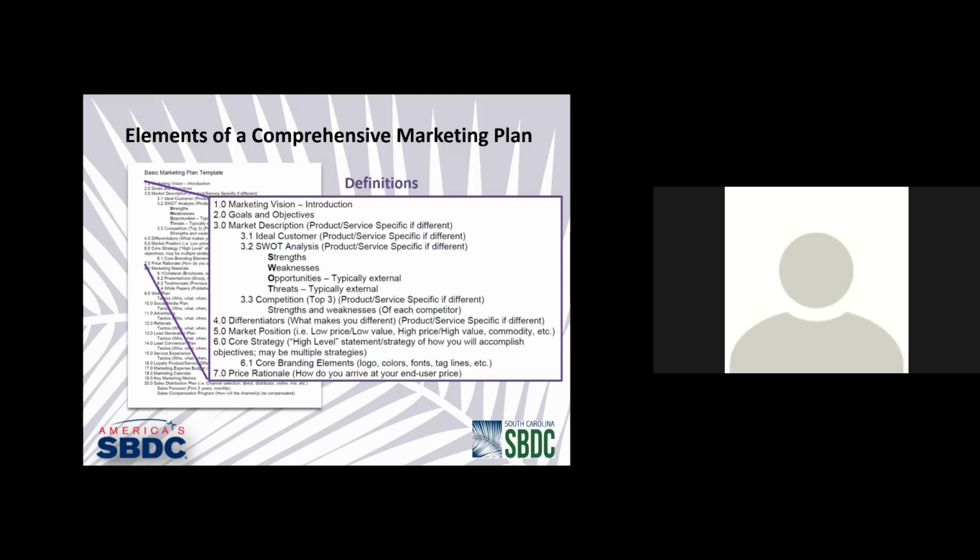Excuse me. And they may be direct competitors, they may be indirect competitors. Now, what do I mean by that? Direct competitors are those competitors that do exactly what you do. Okay. Indirect competitors are those competitors that do part of what you do. Let me give you an example. A direct competitor, let's use auto parts.